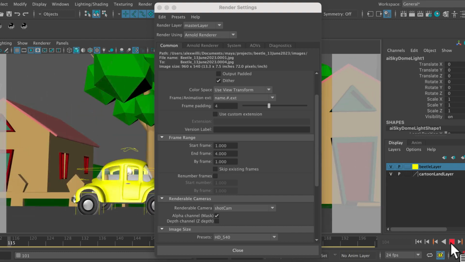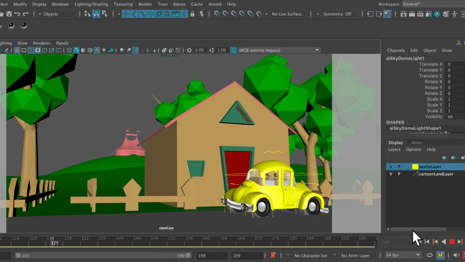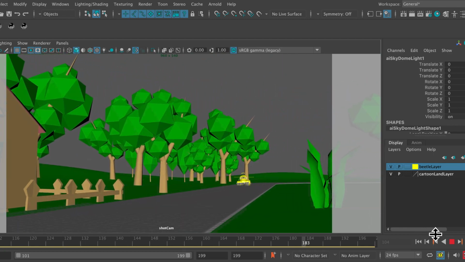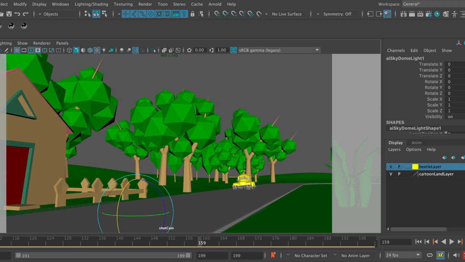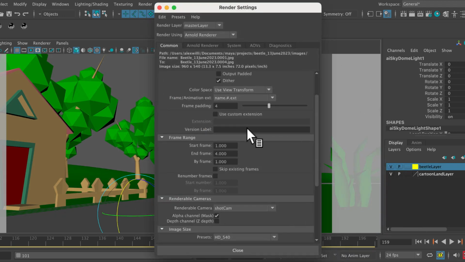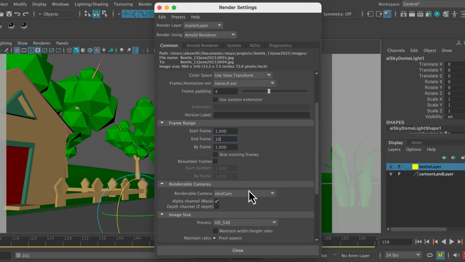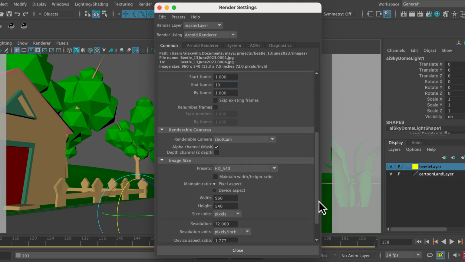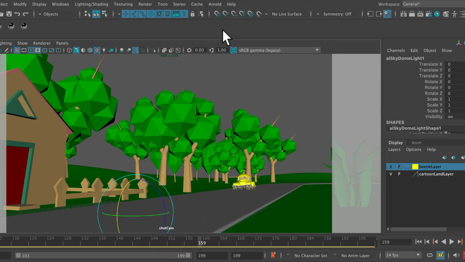Now in my shot here, I've got 99 frames of a car chugging along. That's 4 seconds. But what I'm going to do in the render settings, just to show you how this works, is render, let's say, the first 10 frames of this. So I'll go to end frame 10. So we'll just render out 10 frames. That's less than half a second. Just to demonstrate how this works. So then we go close, and then we're going to go to render,